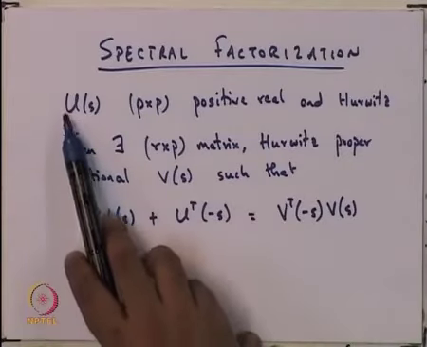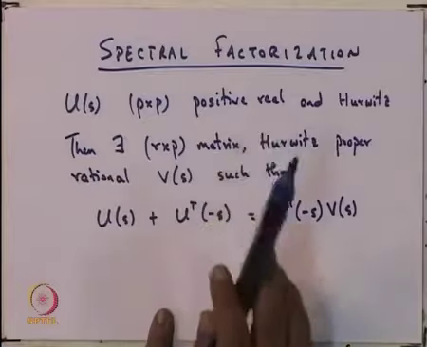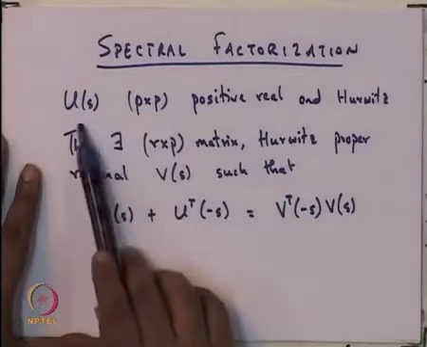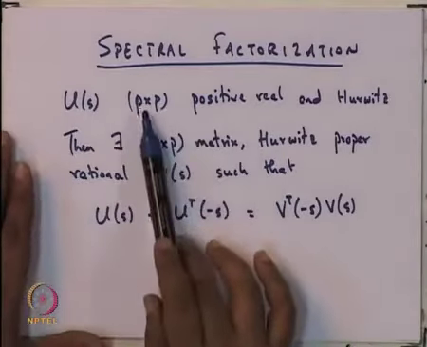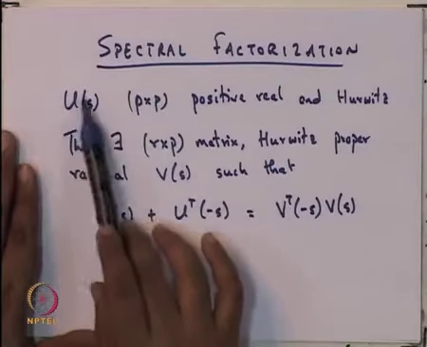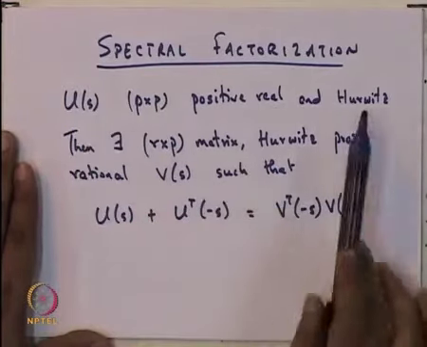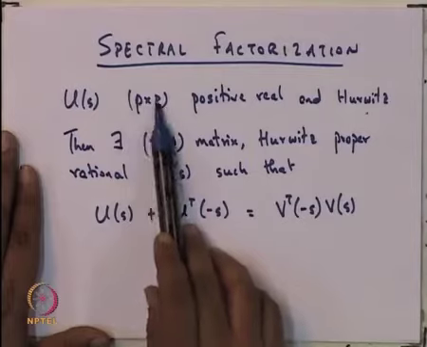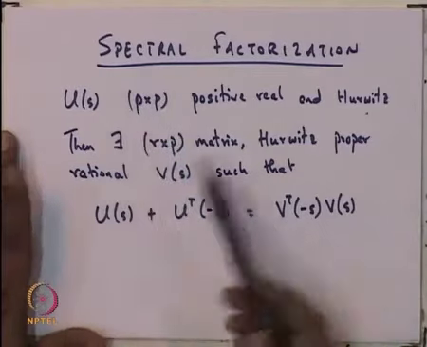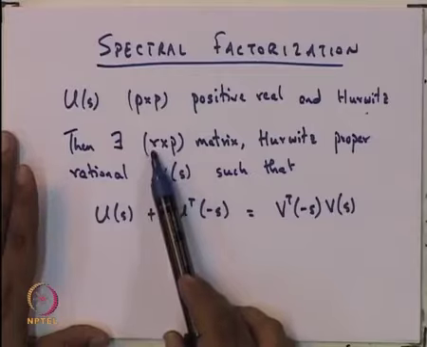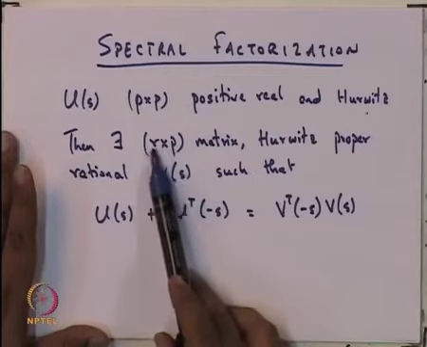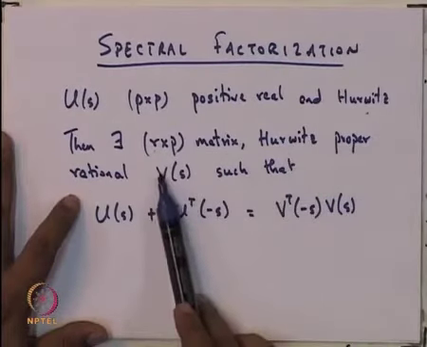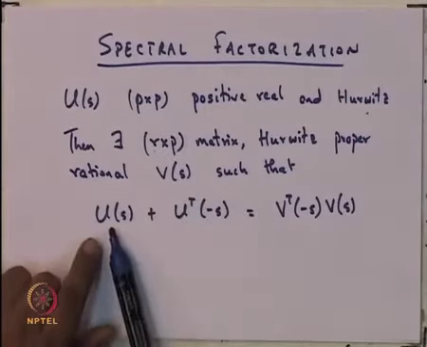So, we are talking about U(s), which is a P cross P positive real matrix, well I will give you the definition shortly. Instead of this P cross P, one could just think of 1 cross 1, and so this is just a transfer function and it is positive real Hurwitz. Then there exists an R cross P matrix. Well, this R cross P business only appears in multi-input, multi-output. In single input, single output, of course, P is 1 and R will also therefore be 1 cross 1. There exists a matrix which is Hurwitz proper rational, call it V(s), such that